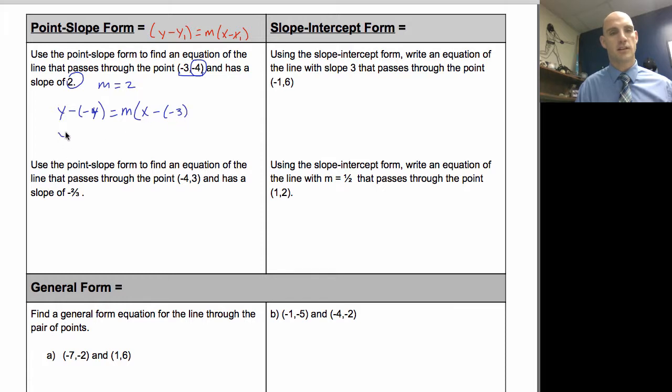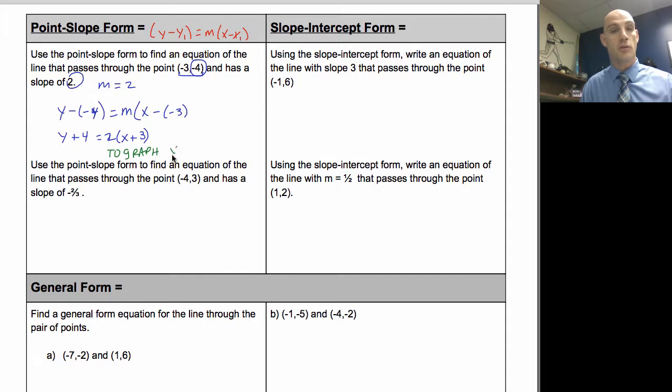So here we go. Let's clean it up. y plus 4 equals 2 times x plus 3. So this form is useful for a lot of things, not particularly useful for graphing unless you've got a graphing software on a computer. But if you're going to plug it into your calculator, you need to change the form so that it's like a y equals. So like if I was going to graph,